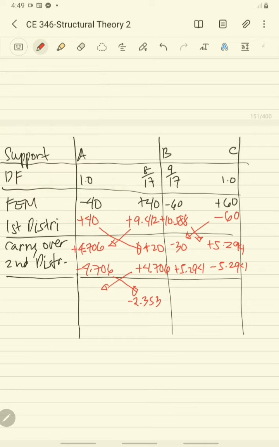Okay, positive 2.353. Then here you also have 5.294 divided by 2. So you have 2.647. Okay, that is positive. And here you have negative 2.647. Okay, so this is our moment for our support, and